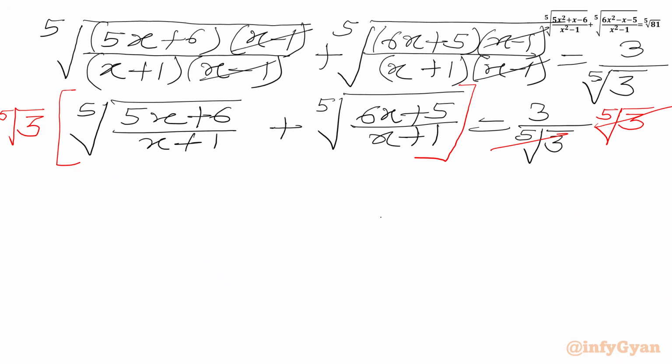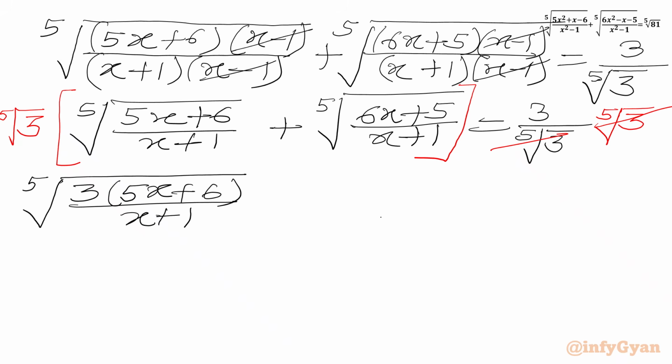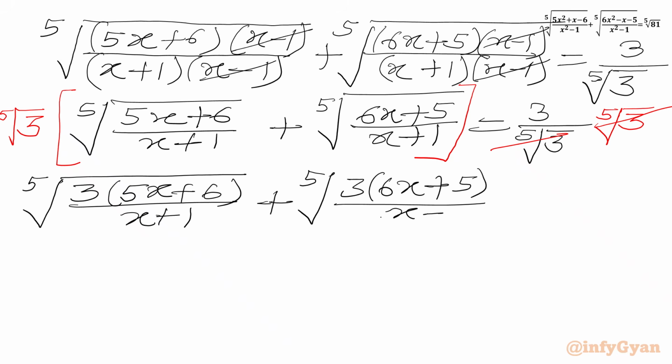Now we will multiply all the radicands with 3, as we have fifth root in our LHS. I will write here fifth root of 3 times 5x plus 6 over x plus 1 plus fifth root of 3 times 6x plus 5 over x plus 1